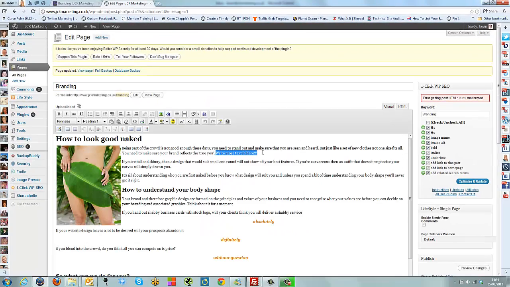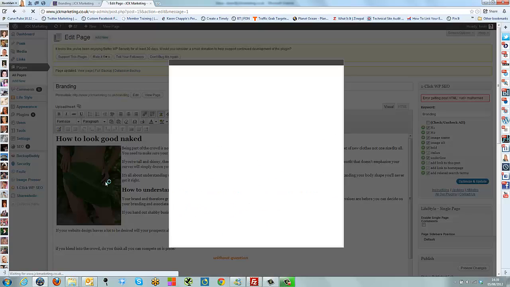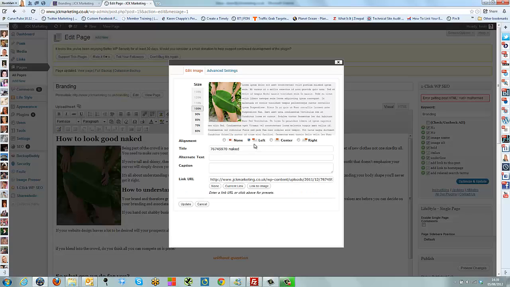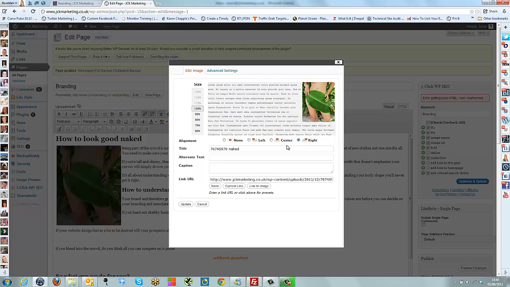I'm now going to go and remove that text, and if I wanted to edit this photo, I can just click on it and it shows this little picture here which says what you want to do. Do you want to edit the image? So I'm going to click on there and I'm going to say, actually, I don't want to left align it, I want to right align it, and I want to change the title because that title doesn't really make any sense. So